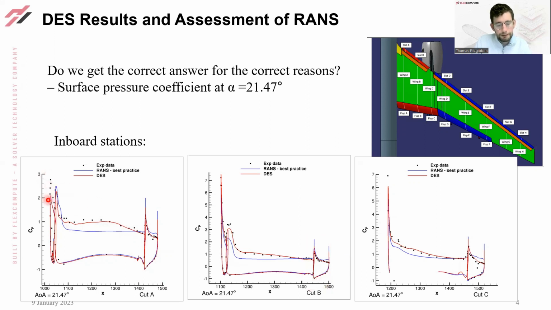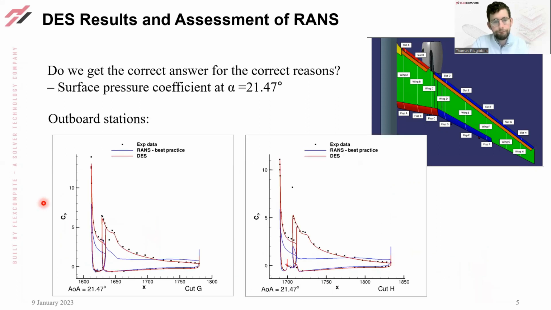The slat pressure prediction is slightly underpredicted at the most inboard station. However, the DES simulation did not include the effect of the wind tunnel walls. At the mid-span stations, very good agreement was found for both RANS and DES, so we move straight to the